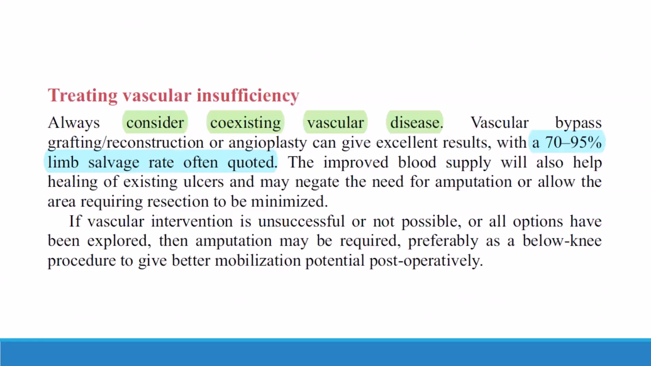We should treat vascular insufficiency. We should consider coexisting vascular disease because a 70 to 95% limb salvage rate is often achieved if we refer the patient to a neurovascular surgeon